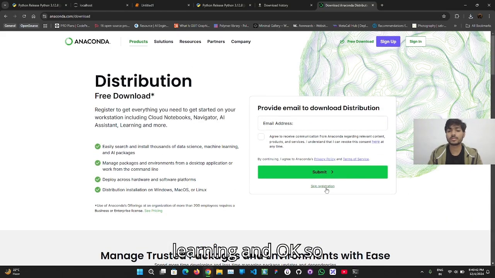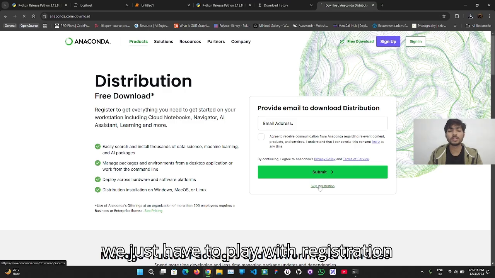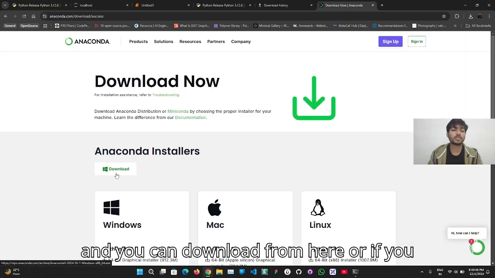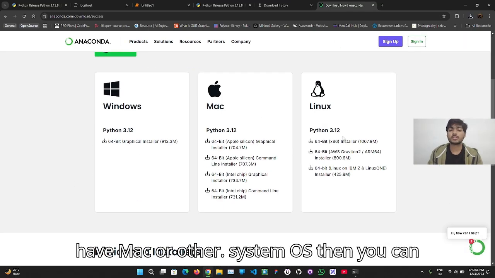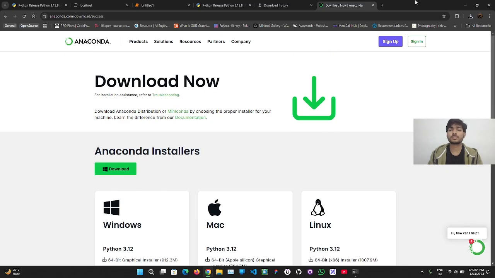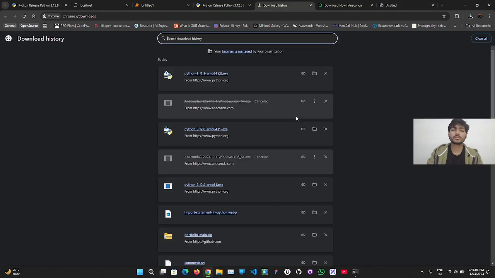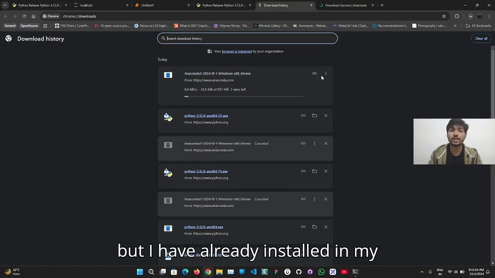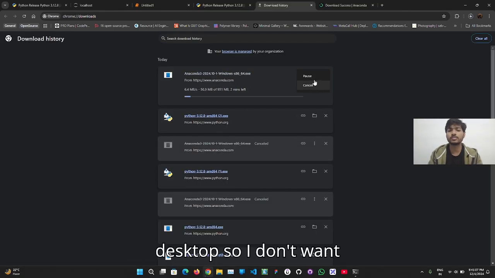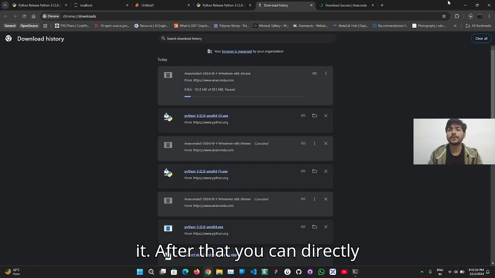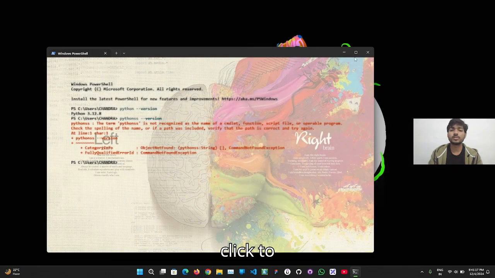You just have to click skip registration and you can download from here, or if you have Mac or another OS, then you can download from here. I have already installed it on my desktop, so I don't need this. After that you can directly click on